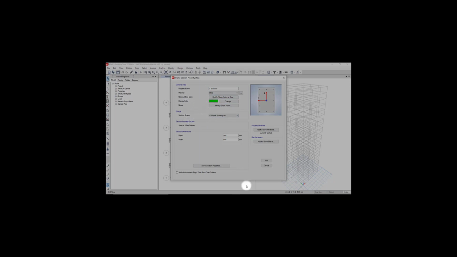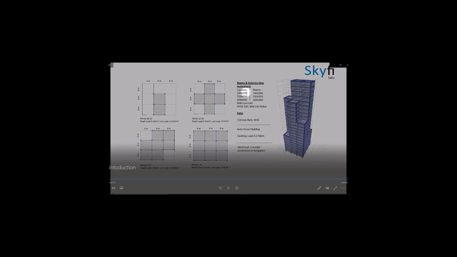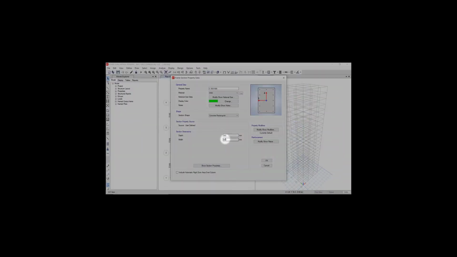Now we have to give section dimensions and dimensions of column bar. For the column and beam, dimensions are given. For that, depth is 500 mm, width 500 mm.